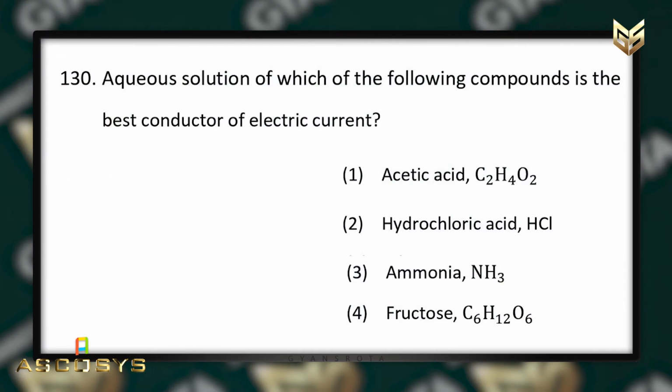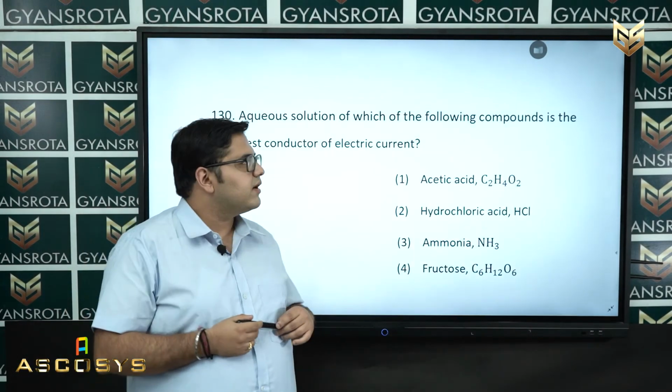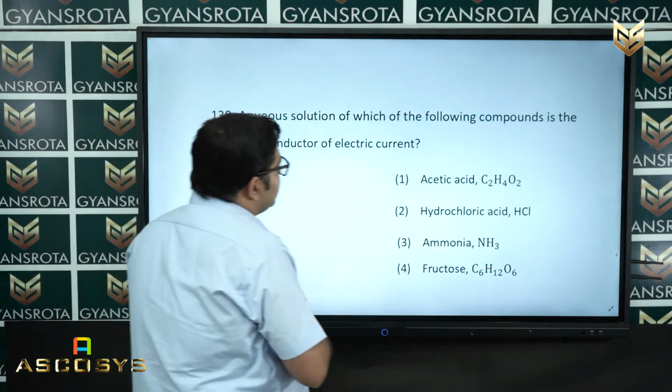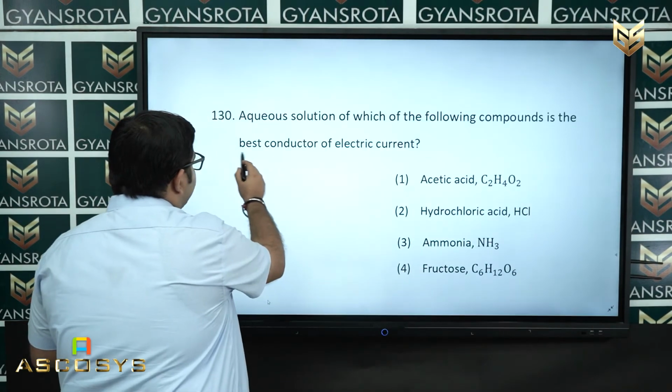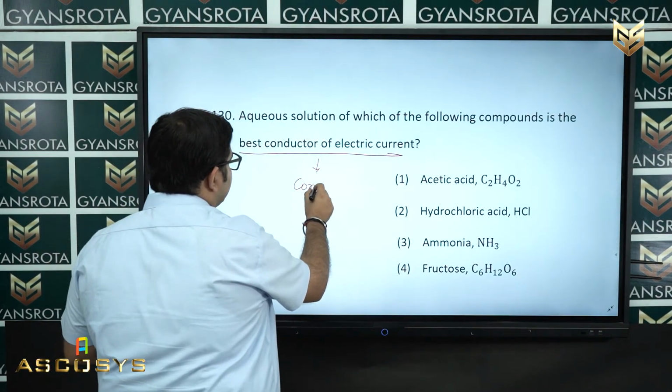Question number 130 is on your screen. Aqueous solution of which of the following compounds is the best conductor of electric current? Now we are moving to the solution part. They asked which is the best conductor of electric current. For this, the one which is completely dissociated